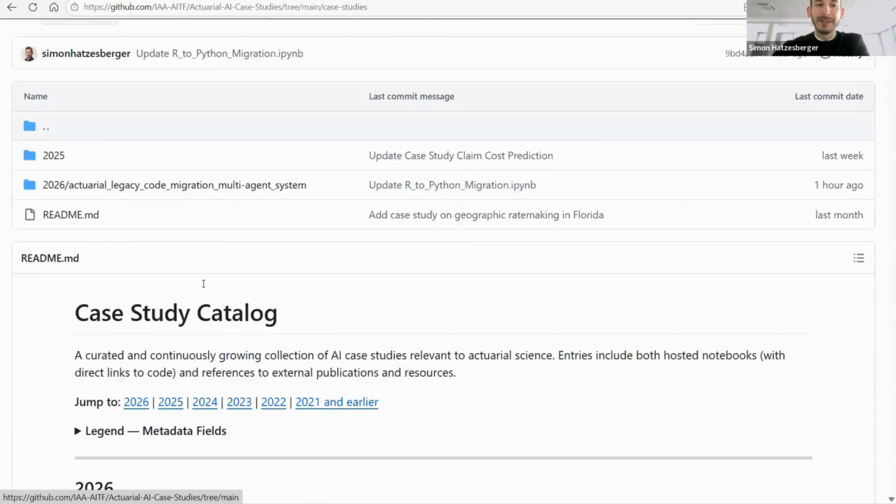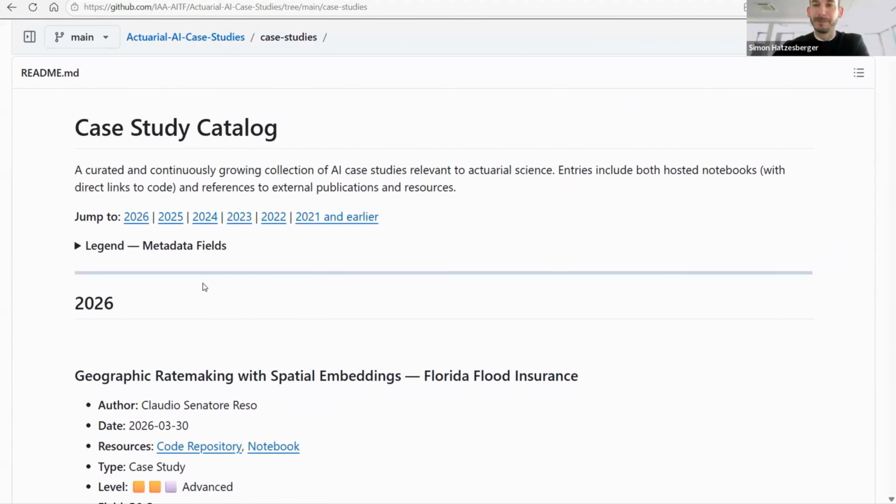The first one is this case study catalog. It's not only the AI task force which produces cool case studies, but there are plenty of individual actuaries or also companies around the globe which have such interesting case studies which are unfortunately distributed at very, very different channels. Some